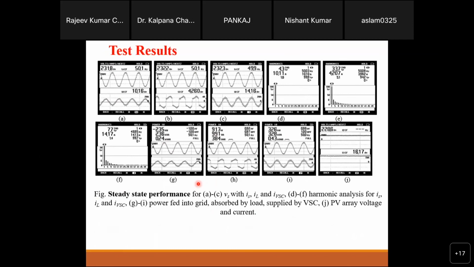And once you select those things, then you can go for the testing. Testing with respect to, again, the steady state analysis. Steady state means the performance of all the controllers with respect to what? The nonlinear load. So again, you can see this is your nonlinear load. The THD of this load is around 14%. You will see here grid current THD is 4.3%, right? This is the behavior of that.